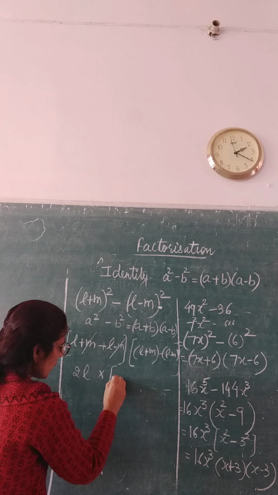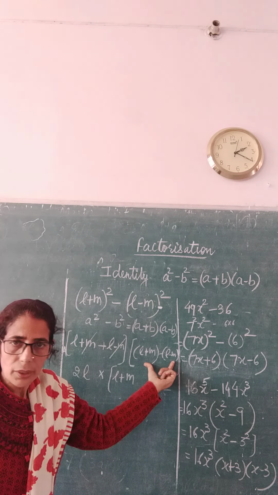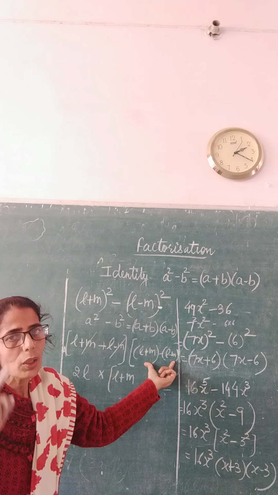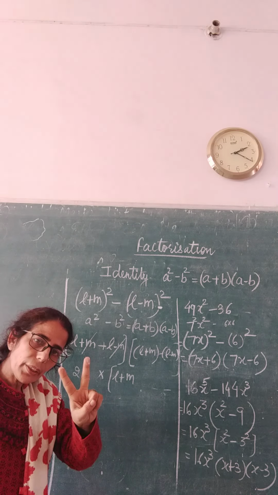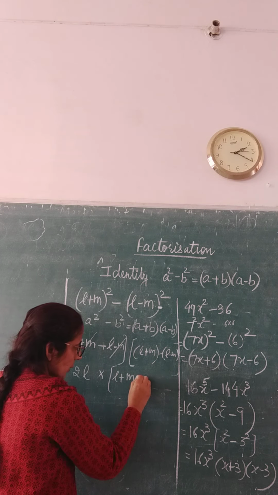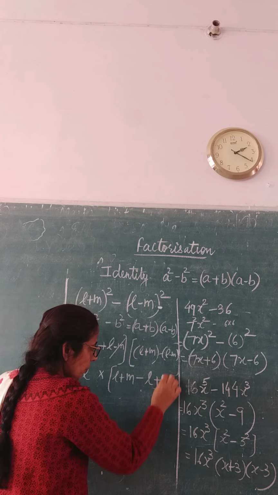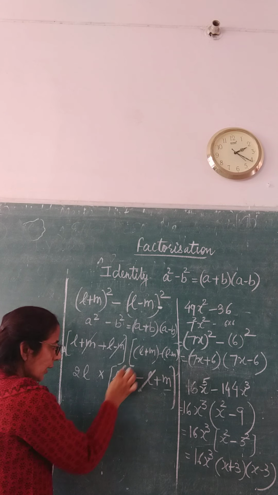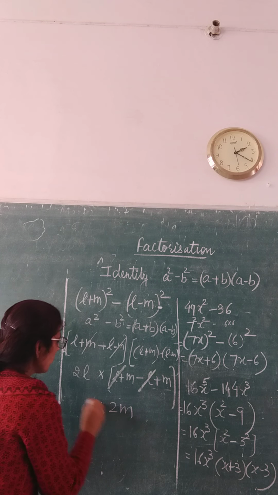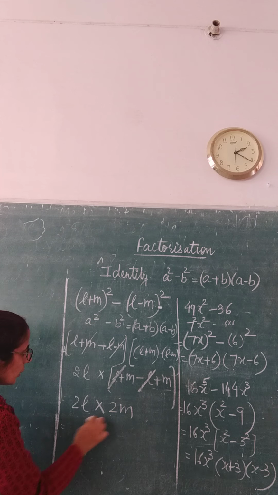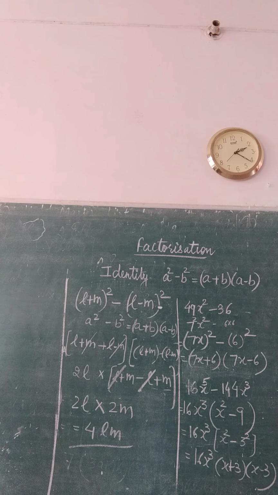Now, in this bracket, L plus M. Whenever there are same kind of terms in different brackets, we will have to solve till one bracket is there. We have to make parts in two brackets. So L plus M, this is a minus sign outside the bracket, minus L, minus into minus is plus M. So minus L and L are cancelled and plus M is 2M. 2M into 2L. So 2 2s are 4. L into M is LM. So its answer is 4LM.